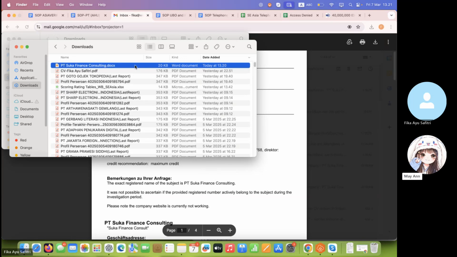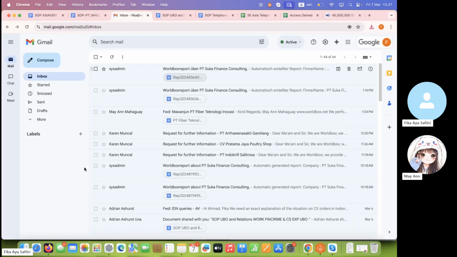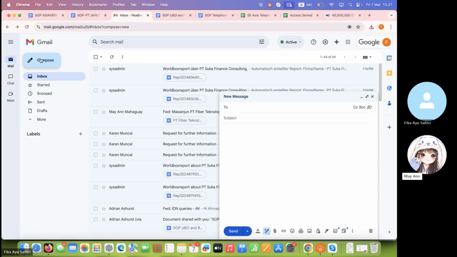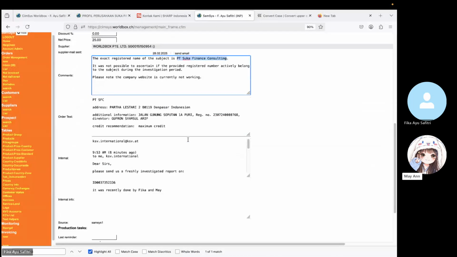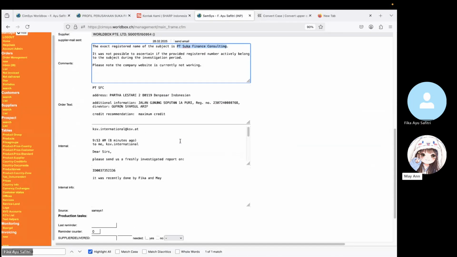After that, you have to go back to Gmail and compose a new email. Then go back to SAMSIS internal.